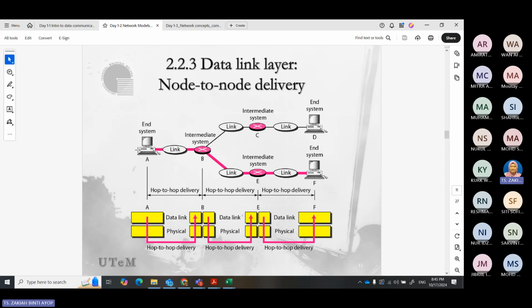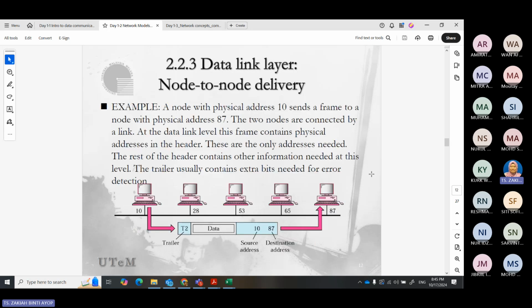So layer 3 is responsible from the start until finish. But the data link layer is only responsible to its nearest devices. So that's the difference between these two layers.